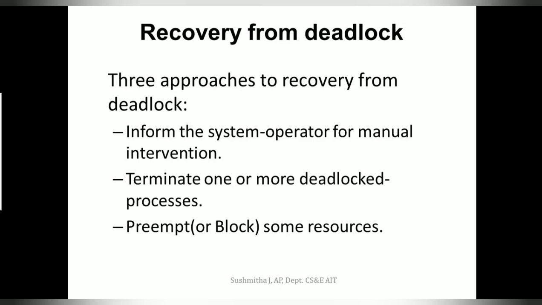There are three approaches to recover from the deadlock. The first one is manually, by a system admin or an operator who could recover it from the deadlock. The second one is to terminate one or more processes that are involved in the deadlock. The third one is to preempt the resources from the process that is involved in the deadlock. For the first one, there is nothing much technical about it. Let us see the other two, how they are done and what overheads are associated with them.